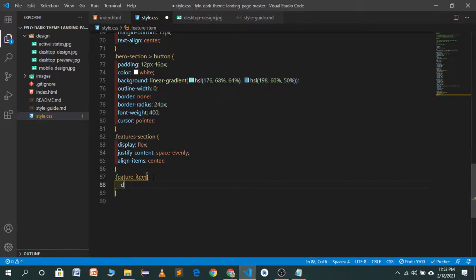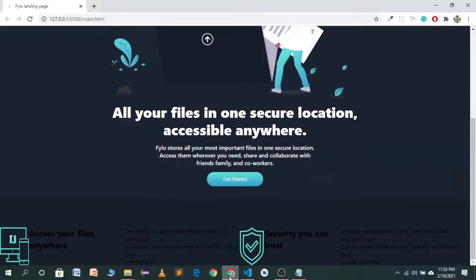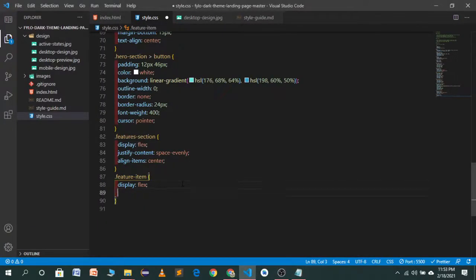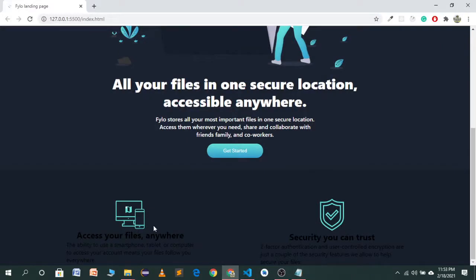I will use curly braces and I will also use display flex. Now you will see it has aligned in the wrong direction, but we want it in a column direction. I will use flex direction column, justify content center, align items will also be center. So now you will see these items have aligned in the middle of our container.